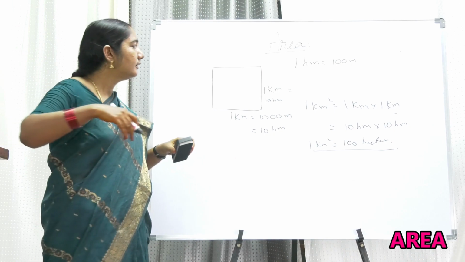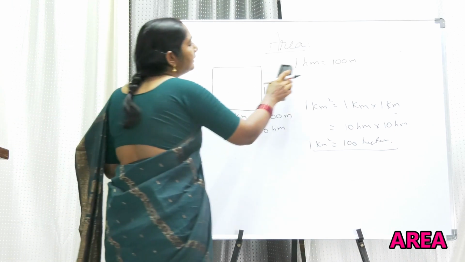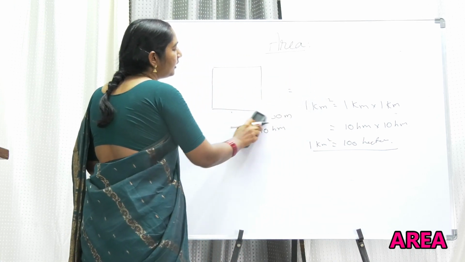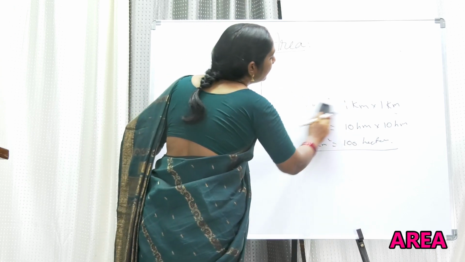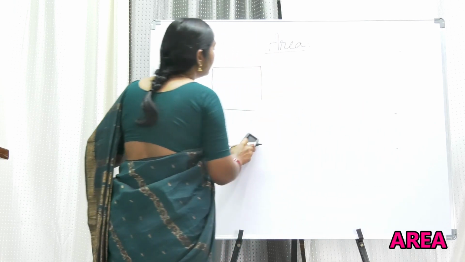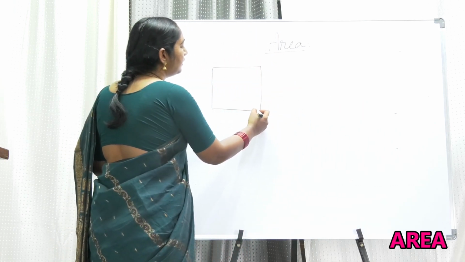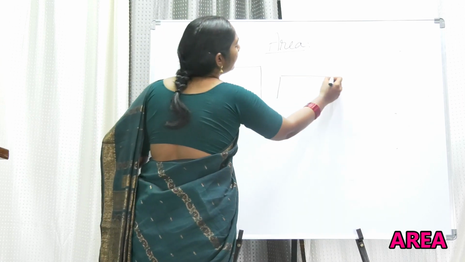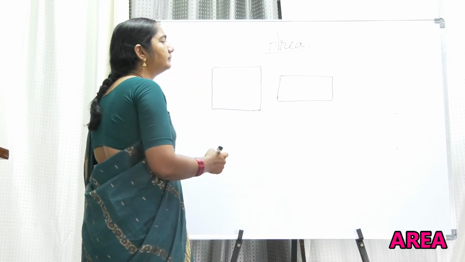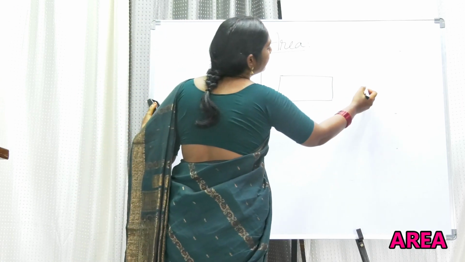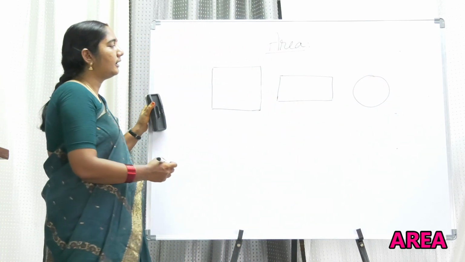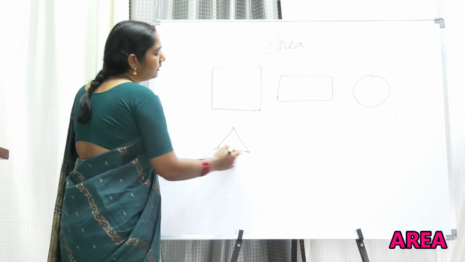So my dear friends, till now we have seen only the area of a square. A square is nothing but a closed figure having length and breadth equal. When the length and breadth are equal, we call it a square. Let us see 4 standard figures now. One is the area of the square. Rectangle, already you know what is a rectangle. The length is more than the breadth. And you know what is a circle. And even you know what is a triangle.